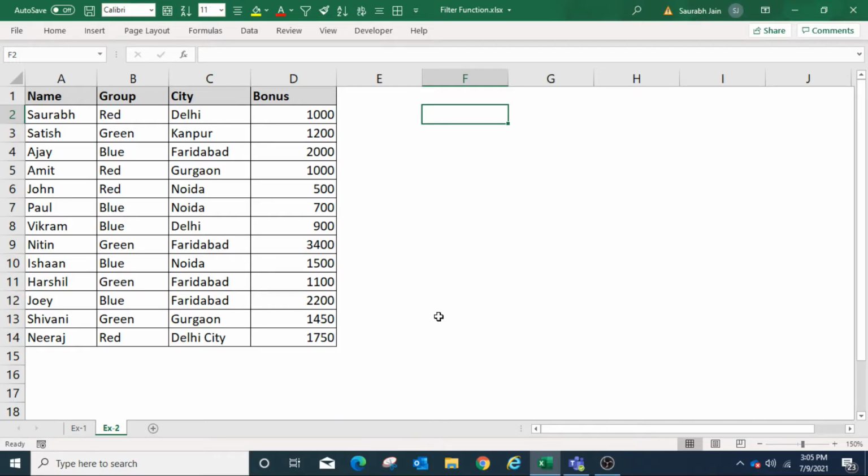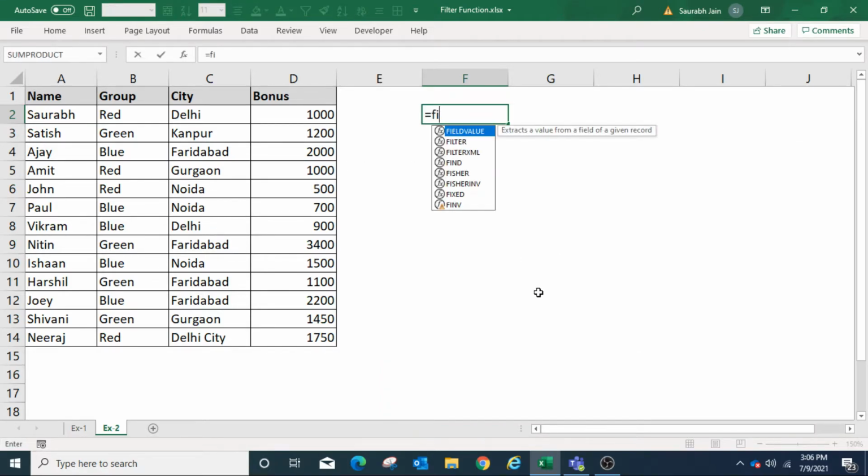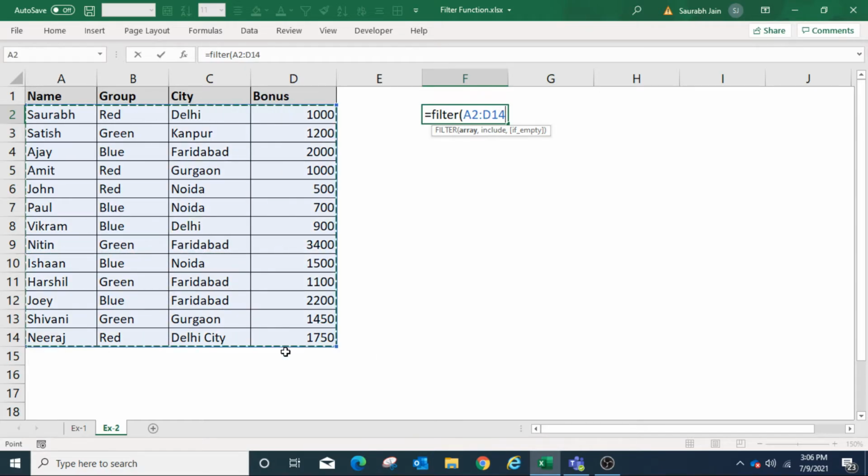To apply multiple conditions, for example, to show the data for red group and Delhi city, type =FILTER, open bracket. Now select the data array from A2 to D14, comma. Now for the first criteria, select B2 to B14 equals to "red" in double quotes.